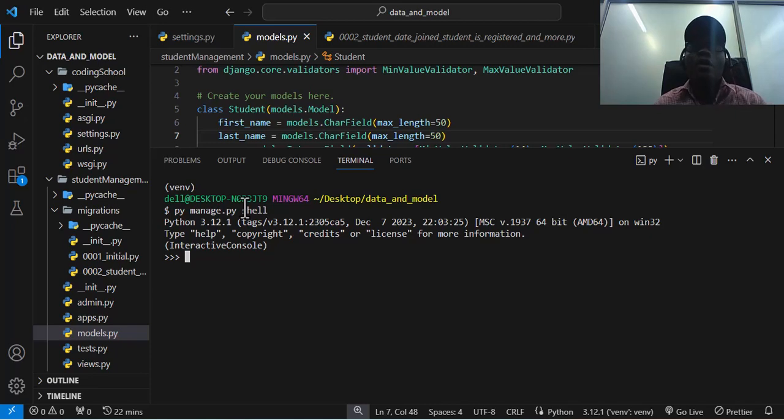So now that we have our shell, I told you once you close the shell and you open it again, you should import the model that you want to work with again. So now to import it, I want us to run from student management dot models import student,